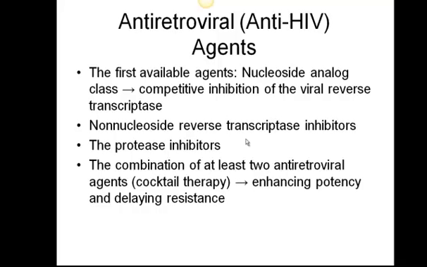So this would be a specific enzyme that is a component of the viral genome that is not represented in the host, and so we can develop very specific or selective agents that recognize the polymerases that are used for either reverse transcription or for the DNA polymerase that might be of viral origin. So these would be the first two classes: our nucleoside analogs and our non-nucleoside reverse transcriptase inhibitors would be of this class of compounds. So they're targeting the actual replication of the viral genetic material.